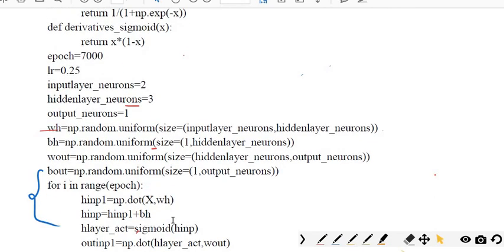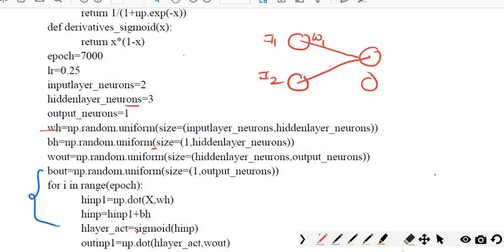Example, as I already told you: if we have 2 input nodes and a hidden layer, I1 will be one input and I2 will be the other. Each of these has a weight. So what is the input of this neuron? It is I1 W1 plus I2 W2. The output of these 2 becomes the input of this hidden layer. Plus, if you have a bias value, you need to add that also. So this is how we do the feed forward technique. Is that clear?